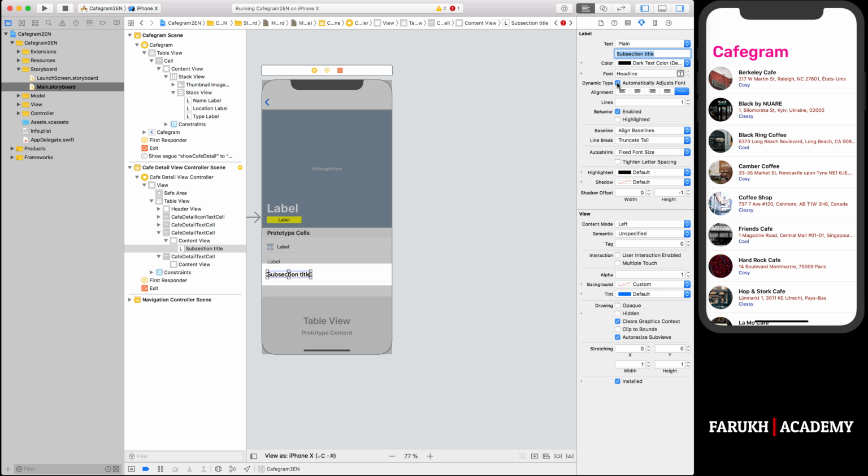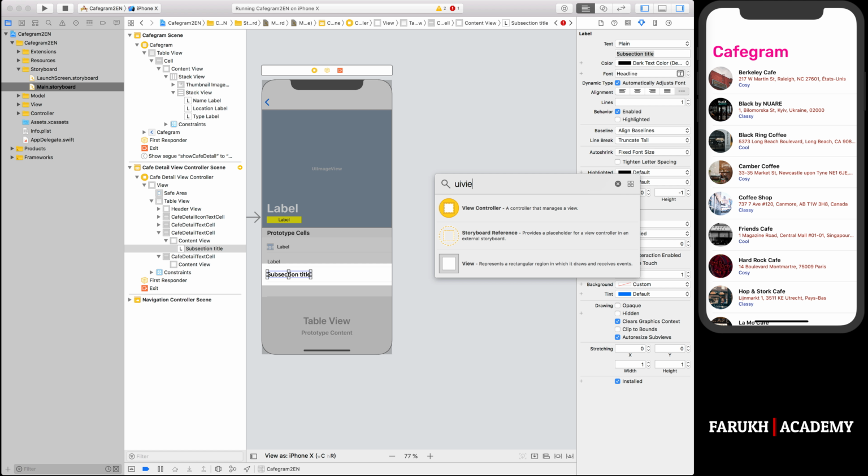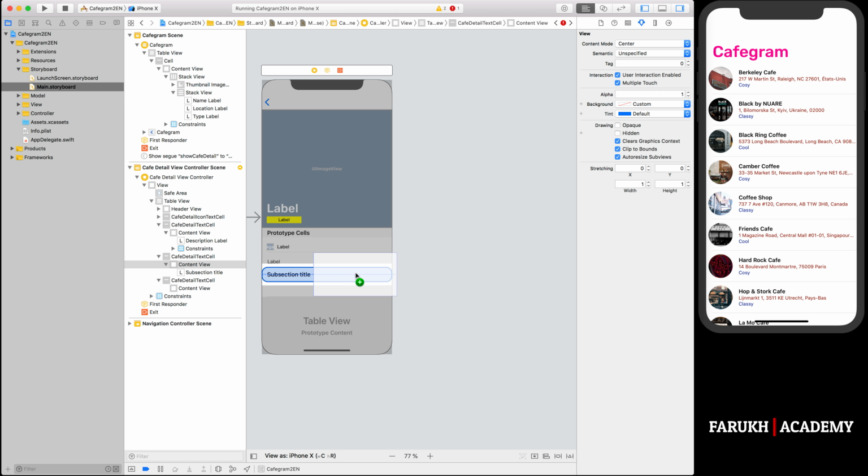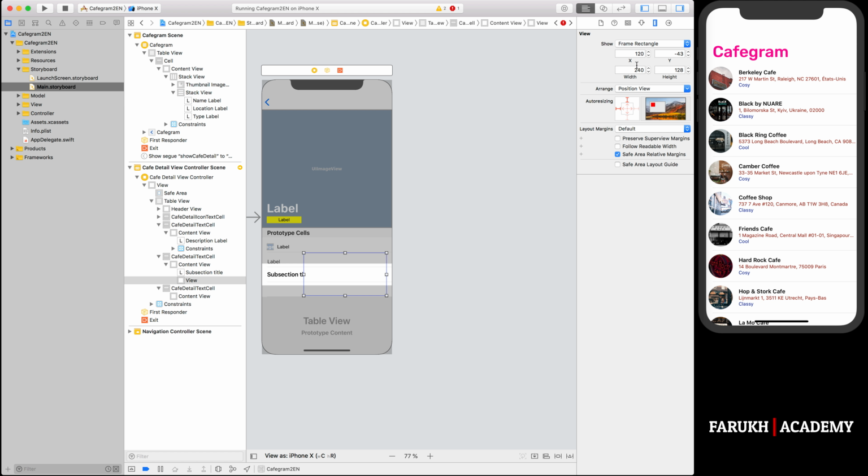So how can we add a separator? The trick is to use the UIView object. In the object library, drag a view object and place it in the cell like this. The default size of the view is quite large, so go to the size inspector here, change the width to 343, press enter, and the height to 1. Now it looks like a line separator. Make sure it's placed under the subsection title. So what you can do is to put it down like this